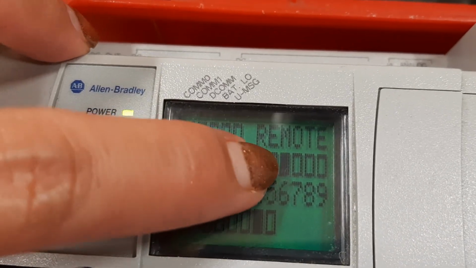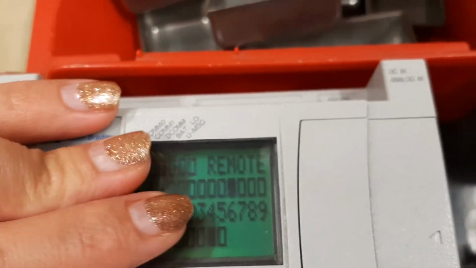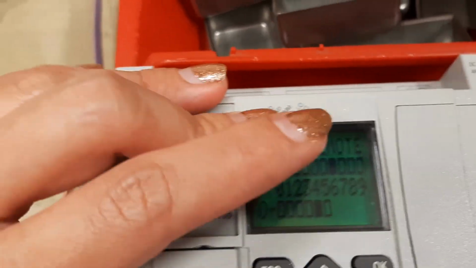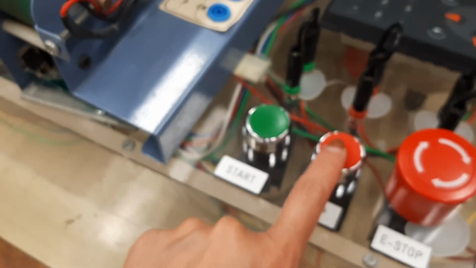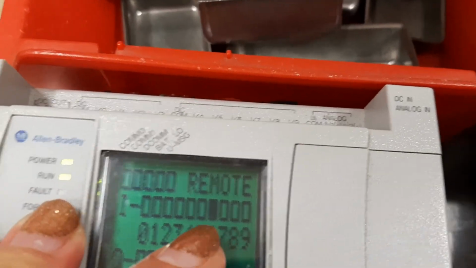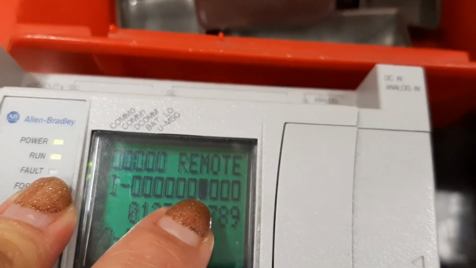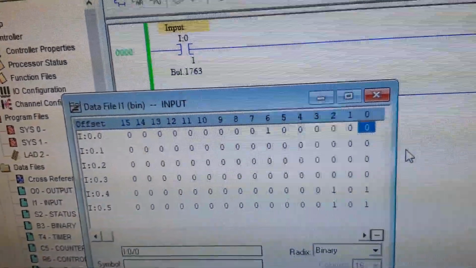It's very important to learn about this bit. Later on, when I'm explaining about the differences between this button and this button, you will know why that one is default on. The default is 1. Here also, when you're looking at this window here, you see that there is one, number 6,